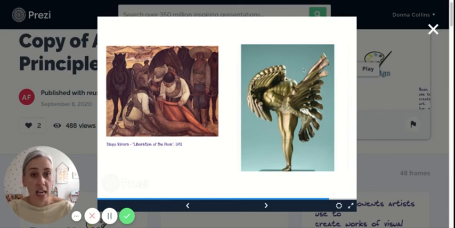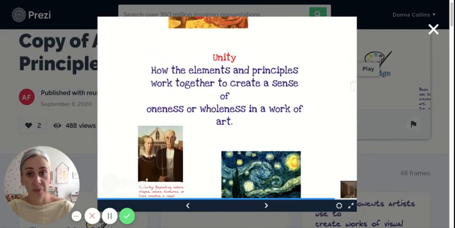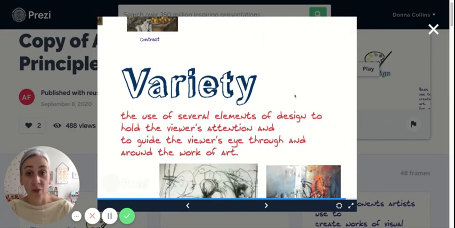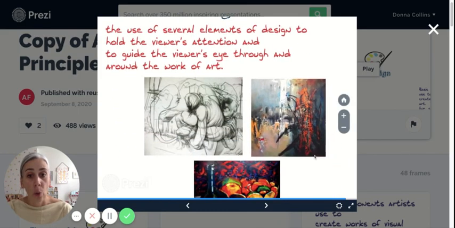Here we can see this gesture is creating a lot of visual movement. Your eye is kind of following this sculpture of a man who almost looks like he's twisting. Variety is the use of several elements and principles to hold a viewer's attention. So instead of just focusing on repetition or